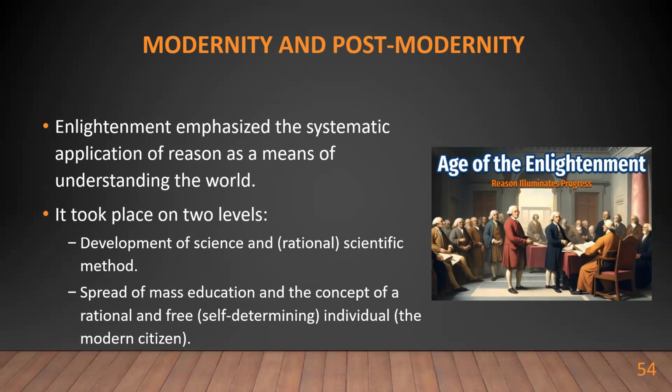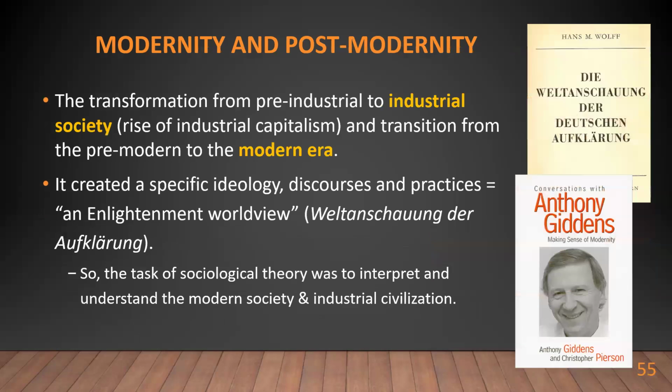So the Age of Enlightenment is about the reason illuminating the progress of society and the progress of the individual. And the transformation from pre-industrial society, the rise of industrial capitalism, and the transition from the pre-modern to modern era is what takes place here. The big social transition. And Anthony Giddens, in his interview book with Christopher Pearson, talks about the Enlightenment worldview, or